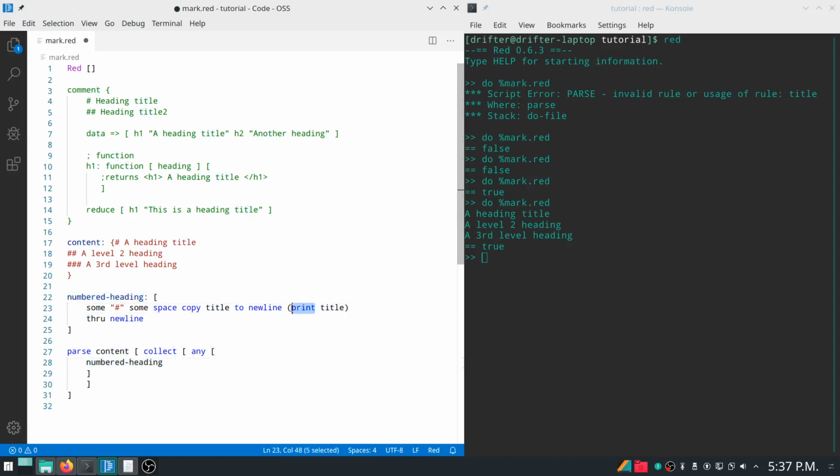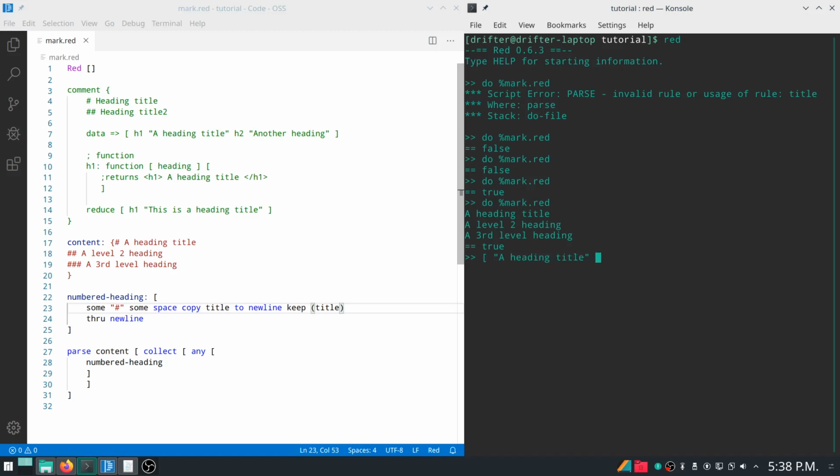So if we change this from print to keep, and we've added this word here called collect, which essentially will have parse return a block, combining these two should give us something like this: